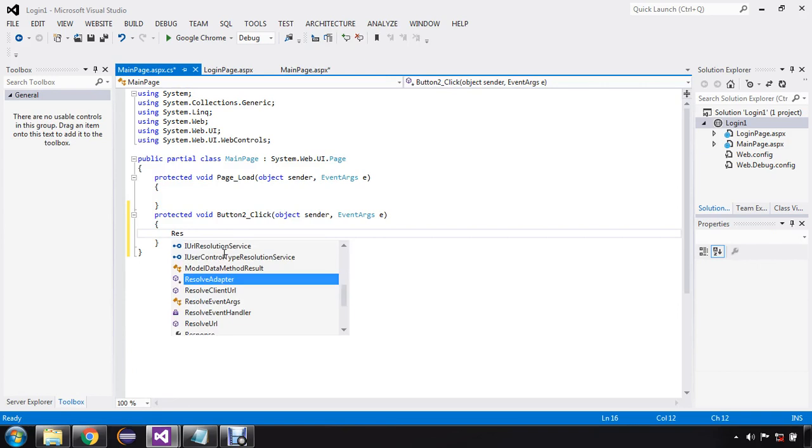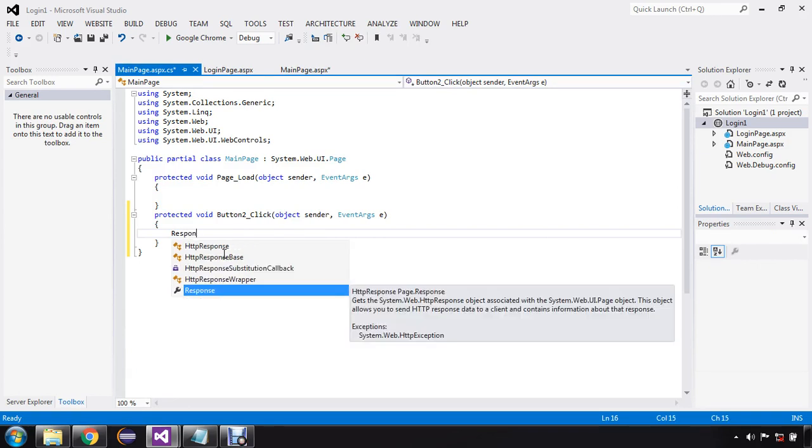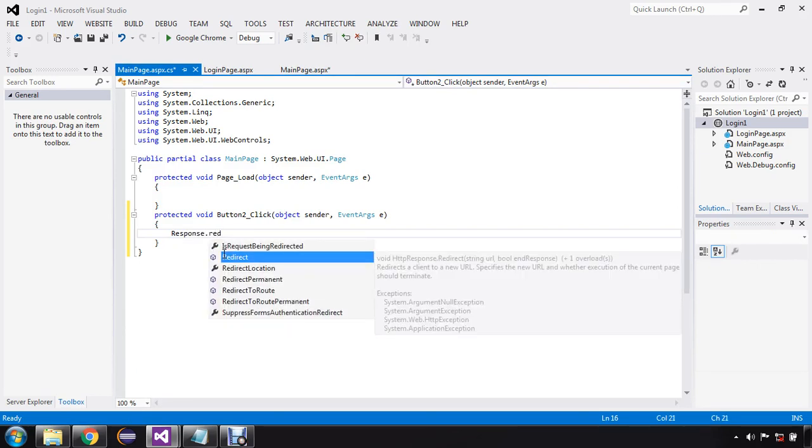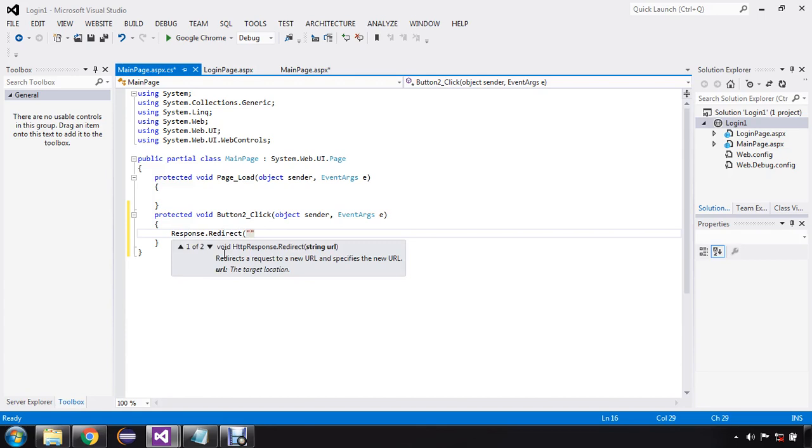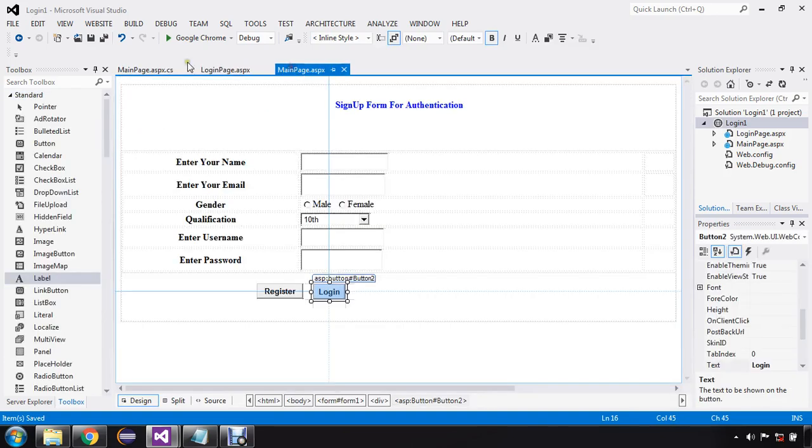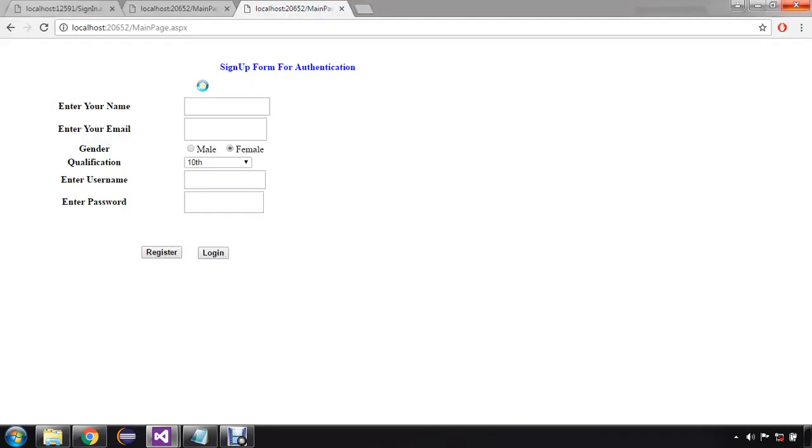I'm going to use a method named response.redirect. What response.redirect will do is, when the user clicks on this login button, it will redirect me to another page, let's say login page.aspx. So save all and let's run this program again.